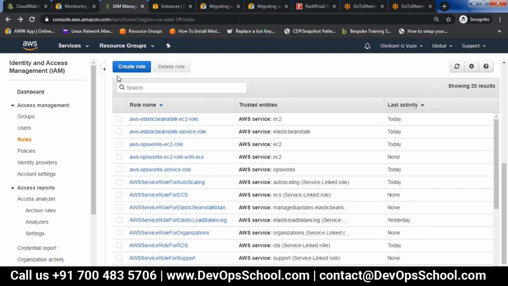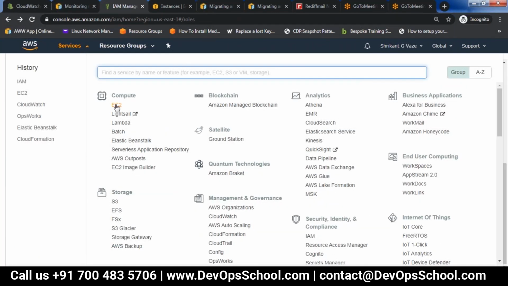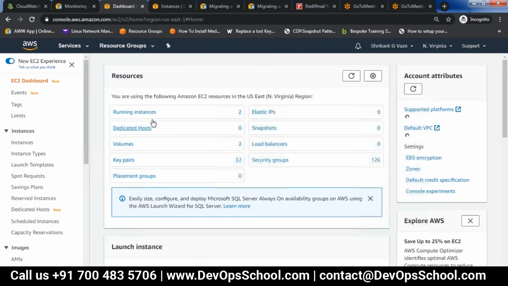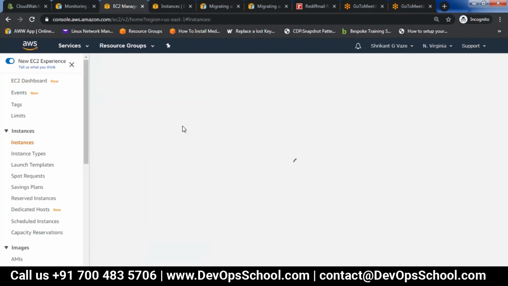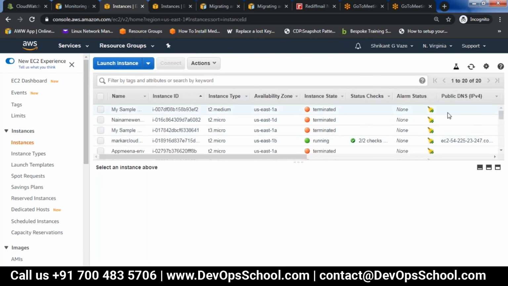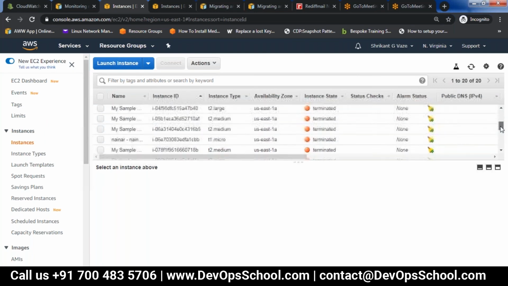Okay, I have created this role. Now I want to assign this role to the EC2 instance. There are two instances.